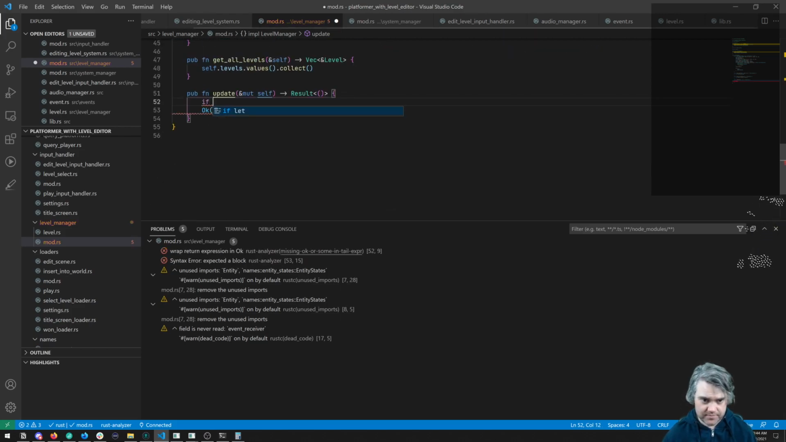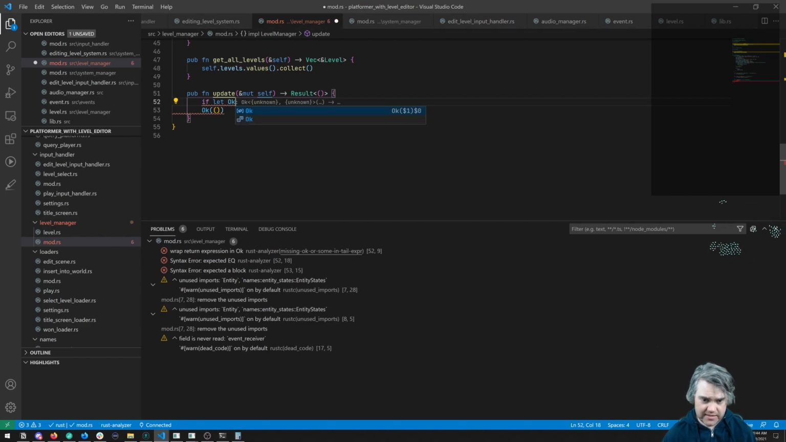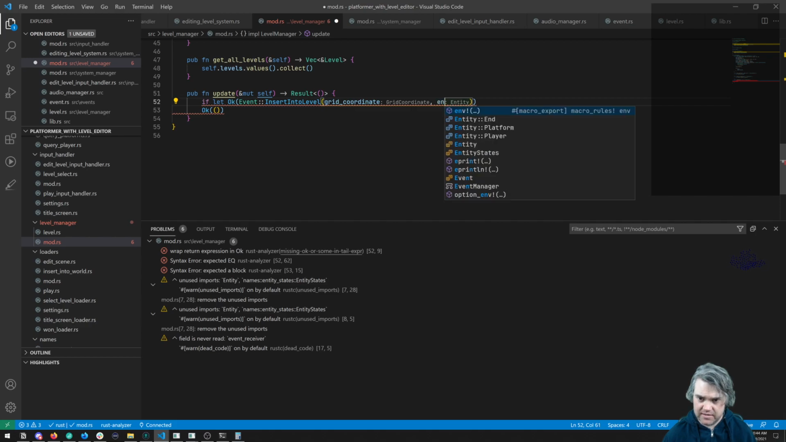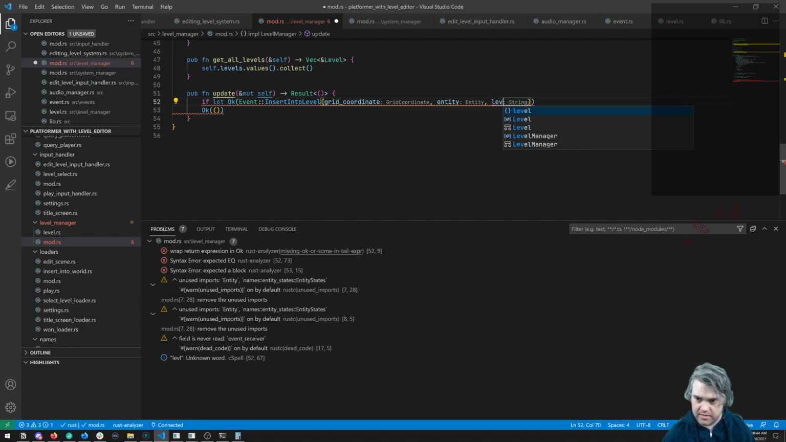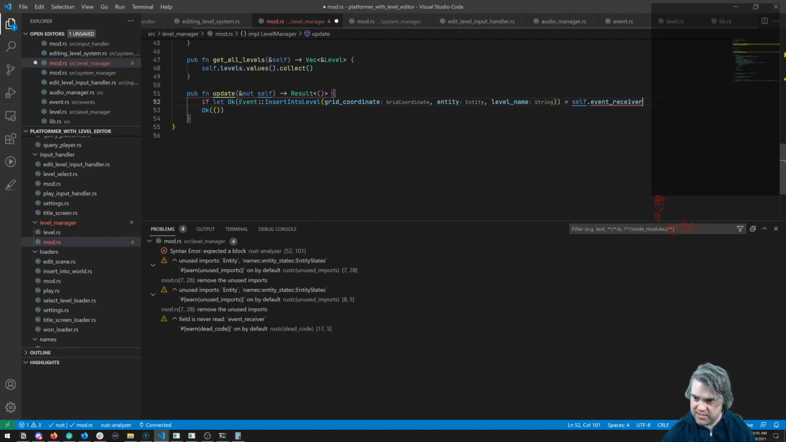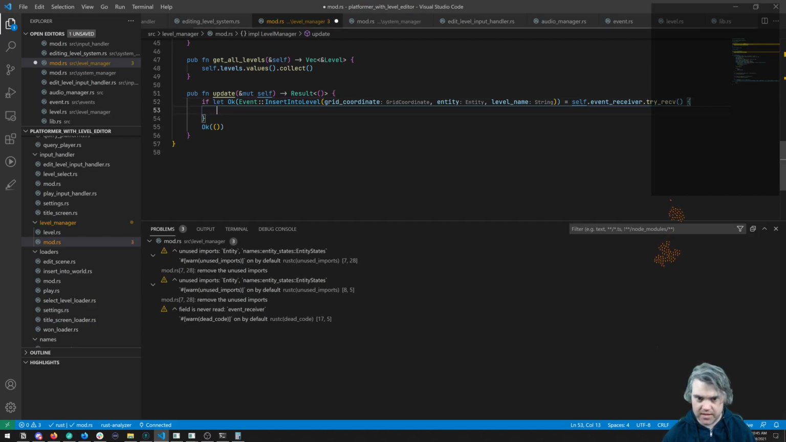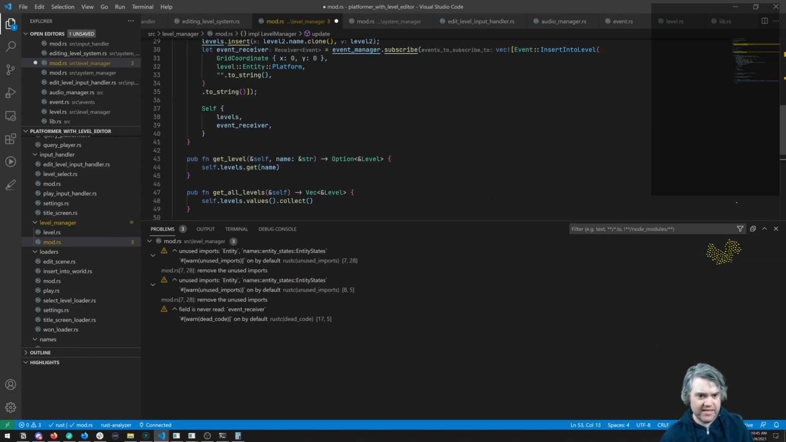We're just going to listen for that. So if let, okay, then the event, then the insert into level, and then we have the three things, right? The grid coordinate, we have the entity, and then we have the name. So self dot event receiver, try recv. So if we have this, we now have all of you. We can now do a